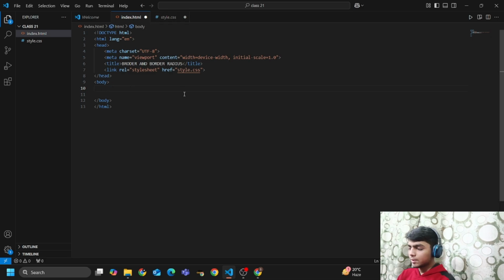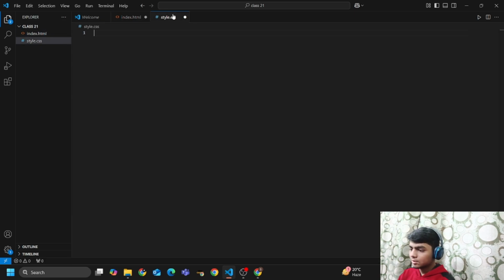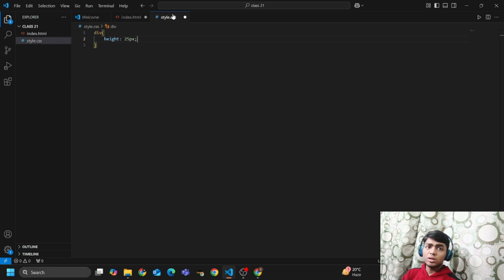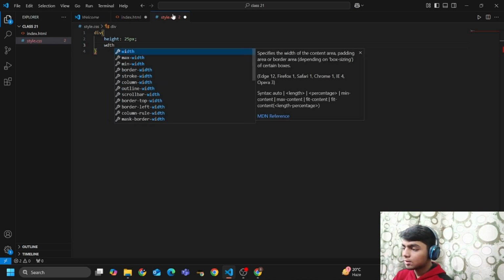And create here a div element, and then select that div element, and inside it I will first provide height. Write the height of this div element to be 25 pixels. You can provide any height to it. I am just writing a custom, random height, width to be 25 pixels.